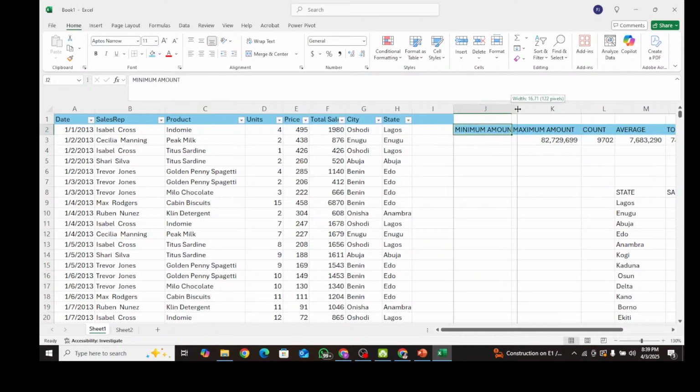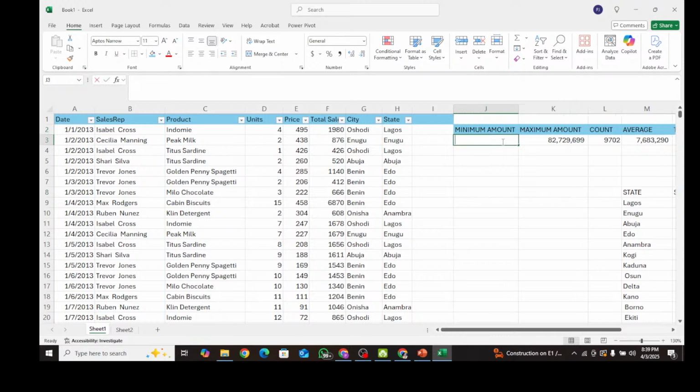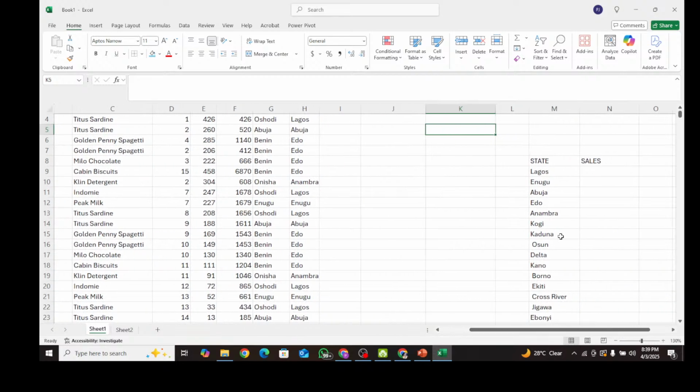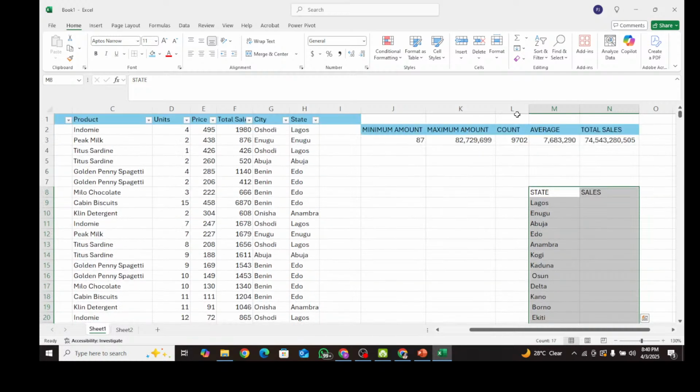So I'll also come here and write equals to min, I'll select the whole everything here, and so the minimum I made in a year is 87 naira. That's the amount I made in a year. Get it? That's the lowest I made, and the maximum amount that was sold in a year is 82